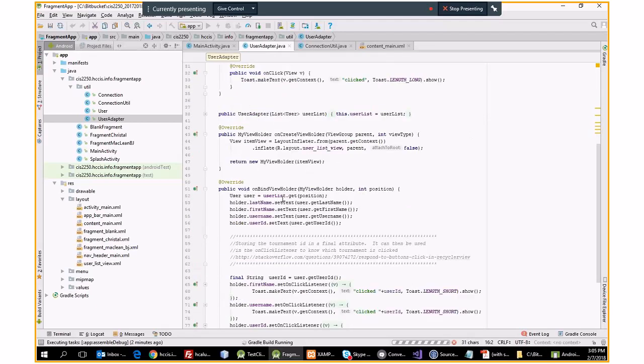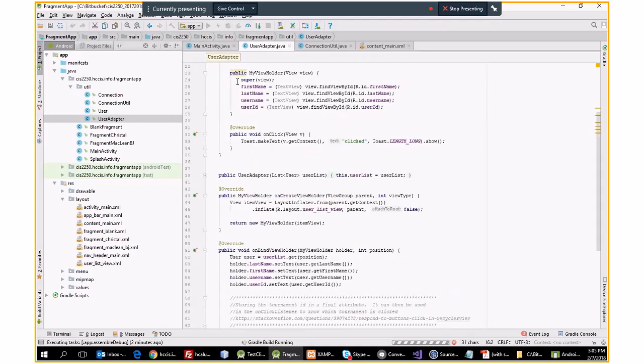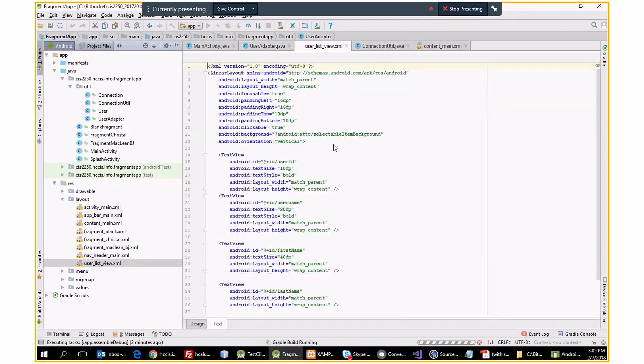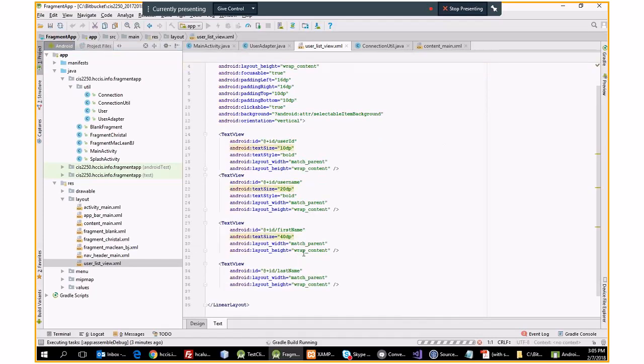And notice that I'm showing 4 attributes. So in my layout for this one, if I look at my user list view, I've got 4 elements to display: user ID, username, first name, and last name. You'll notice I just have things a little bit different size. I've got the first name being really big. And that's how you can control how each row looks, by making modifications to this